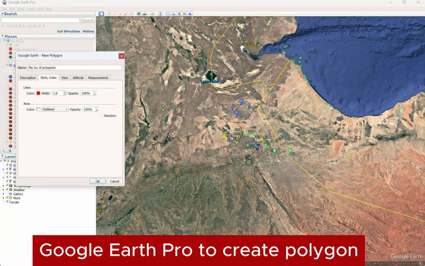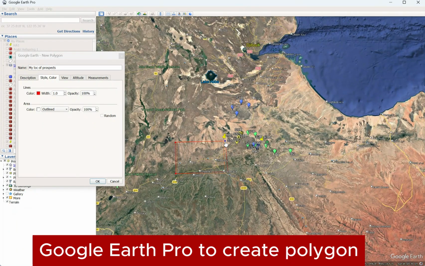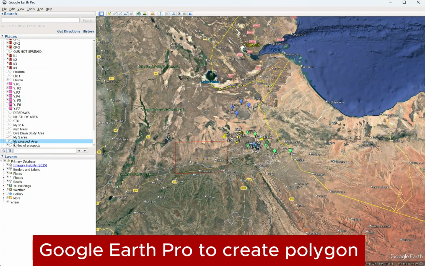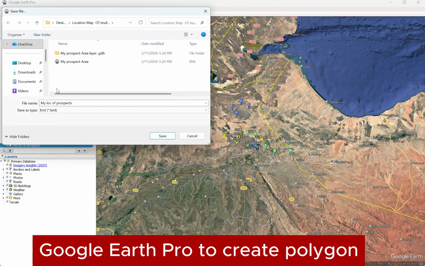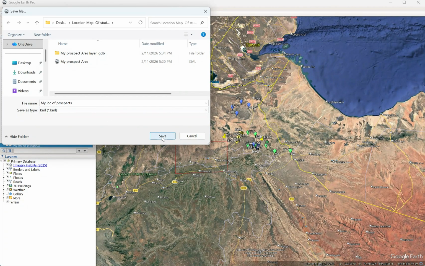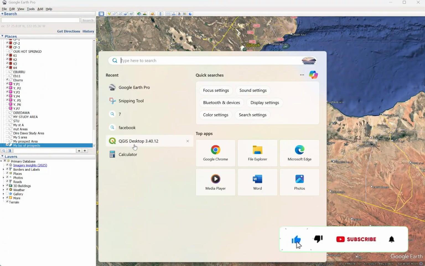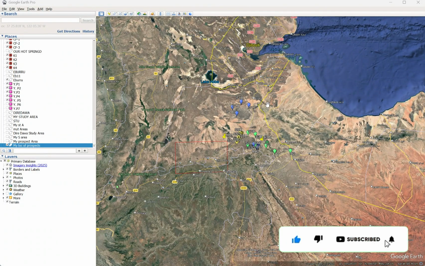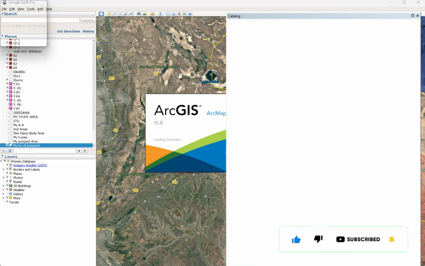Red line, the outer face. Then click on the vertex. Then save as a KML file. Then go to ArcGIS. Open my files, and then